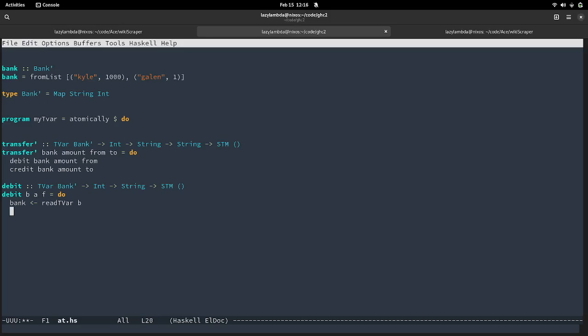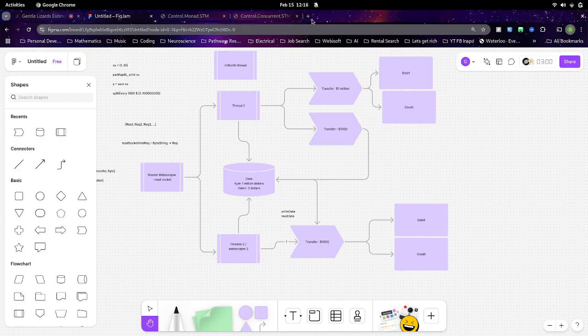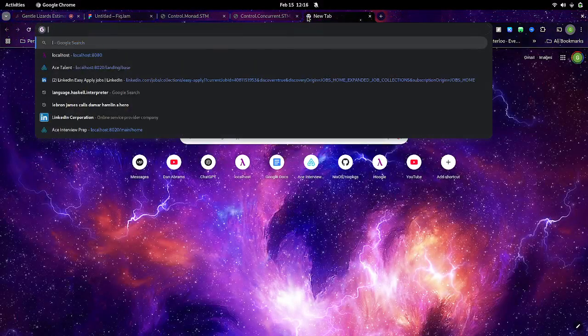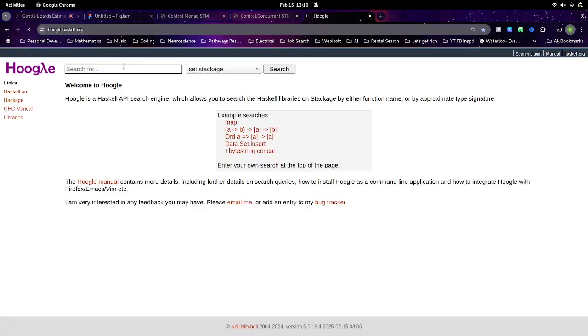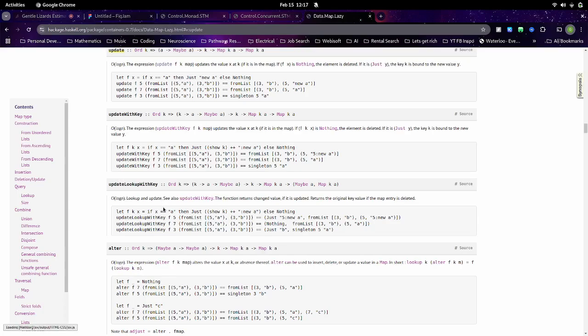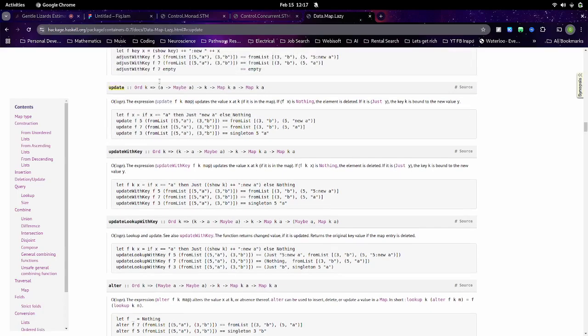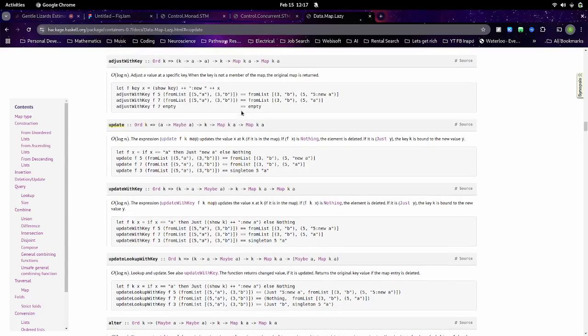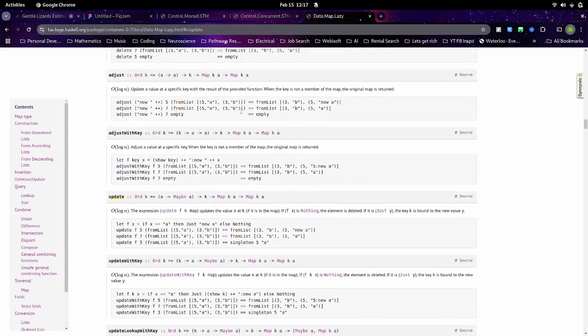How do we do this? I think it's map.update. Let's figure out our function here. Yeah, okay.